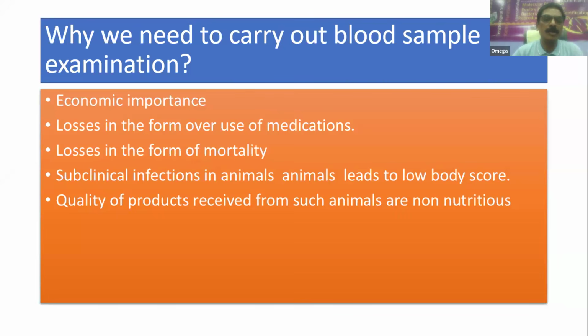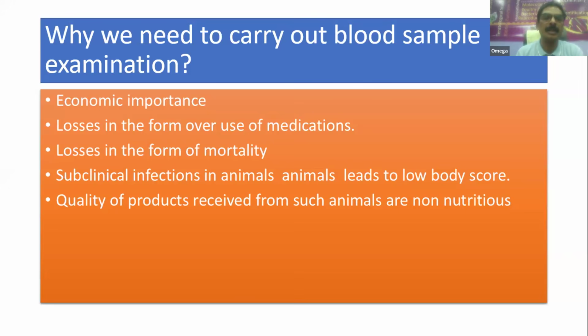Then there are losses of sheep and goats due to mortality because of undiagnosed disease conditions. Then there are subclinical infections of hemoprotozoal diseases, which may lead to decreased body scores, and the meat developed from such animals may not be of good nutritional quality. So for that purpose, we need to go for blood sample examinations or different clinical or laboratory investigations